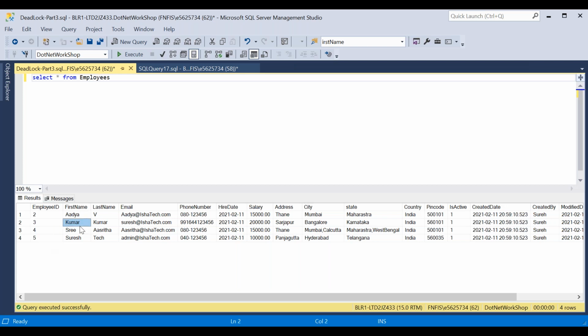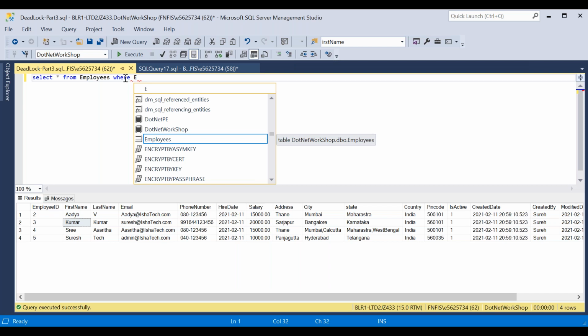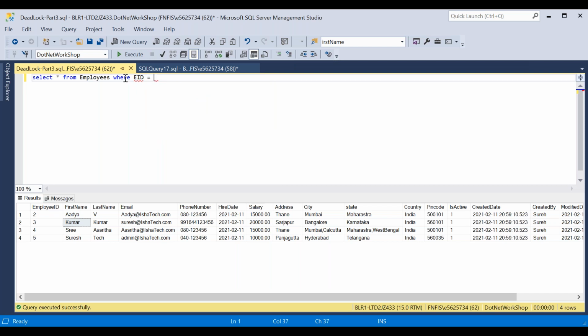But if you are searching the employees table by using the first name or the employee ID, like where EID equal to, here I don't have that column, but I'm simply typing E12345, you are always searching based on this EID, which is the employee ID. In all the places you are searching by using this employee ID.